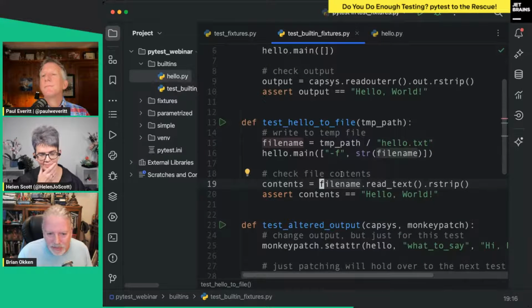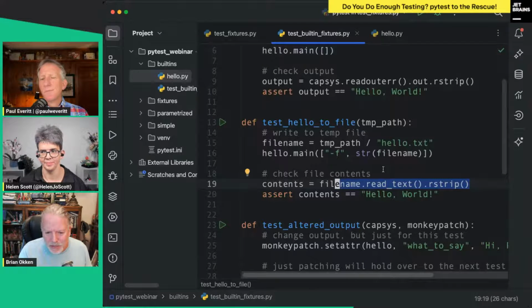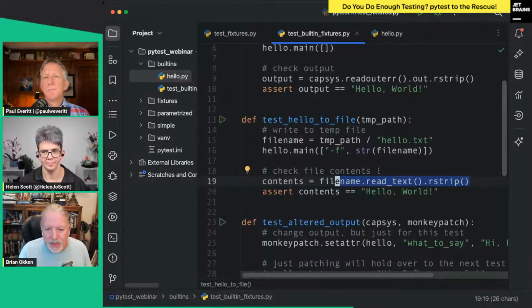This example shows that I've read what if I wrote hello world to a file, make sure that it's there. So I read the text. That's it. But that's not usually what I use it for. I usually like if I'm doing a SQLite database, SQL writes to a file. So we'll throw that in a temporary directory so that it gets deleted afterwards. Cool thing about it is it doesn't get deleted right afterwards. It leaves a few around. So if your tests fail, you can go look at those temporary directories, and that's all configurable for how long you want to keep it around.